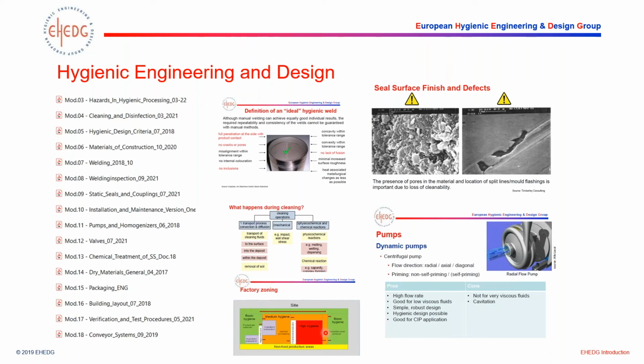The zoning of your factory is how we should be zoning our factories when we design factories, or even when we do renovations to an existing factory. Pumps: what are the advantages of the different types of pumps that we use? Why are some good for product transfer, others not? What is the importance of installing pumps correctly to ensure there are no dead legs or stagnant areas where we don't have transfer of product or